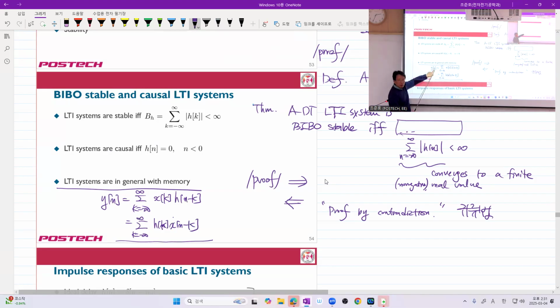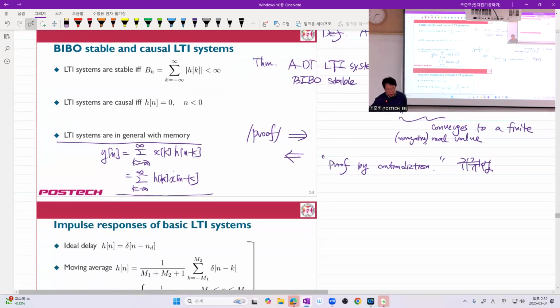The current output at time n is in general not only dependent upon the input at n, it's a weighted sum of x of n plus 1, because the summation variable runs from negative to positive infinity, x of n plus 2, x of n plus 3, x of n minus 1. The only way for a DT LTI system to be without memory,